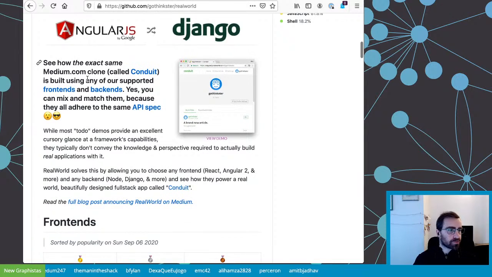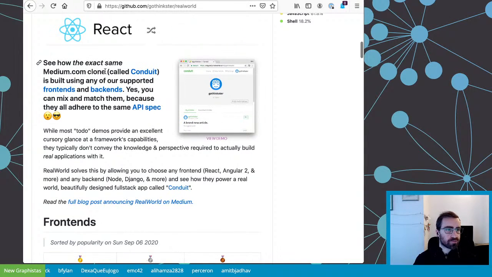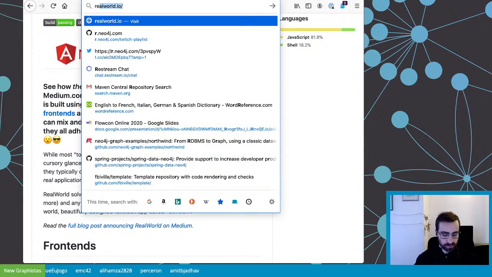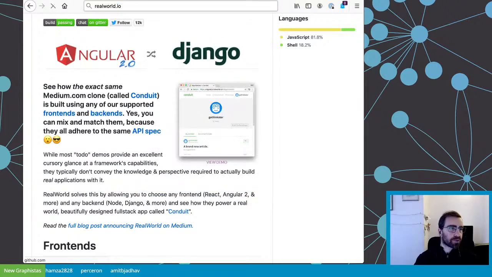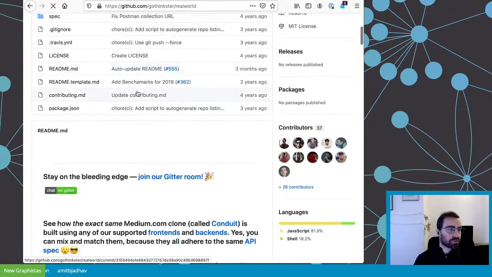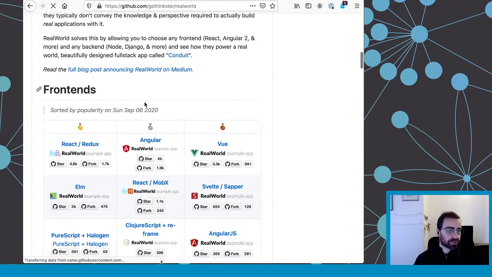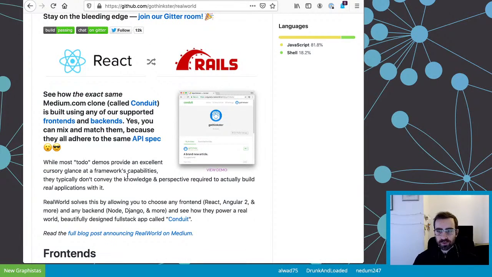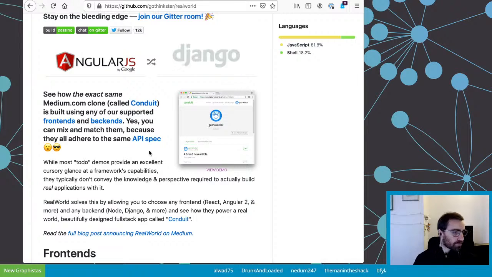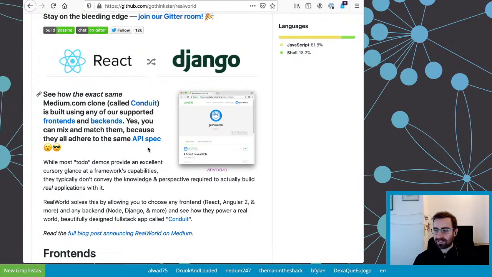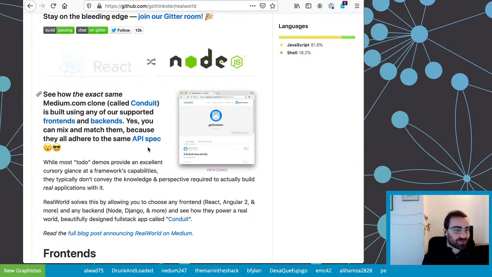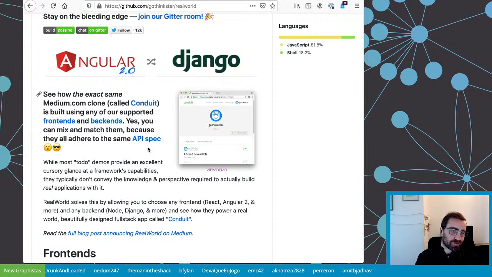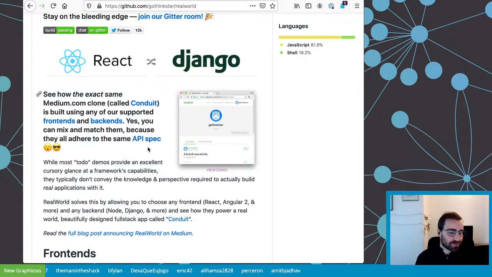So as I told you, this is a medium.com clone. This is real-world.io. And you got plenty of choices, right? There's a nice thing about it. If you want to explore a technology, whatever it is, you have many examples for front end, for back end. And the way it works is you have, great coding weather, exactly. So, close to the laptop, warming our hands with the warming laptop.